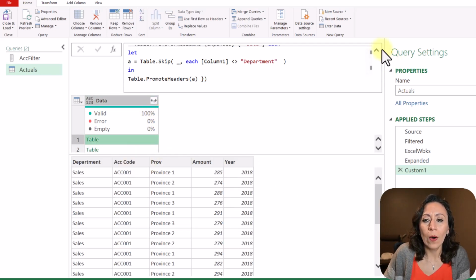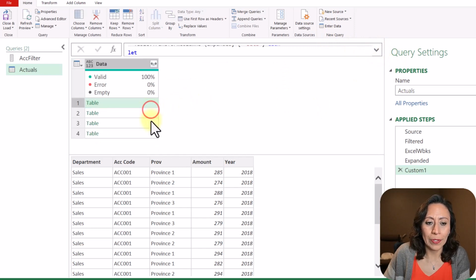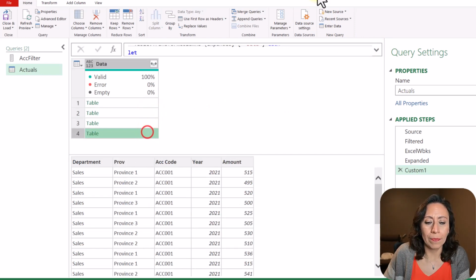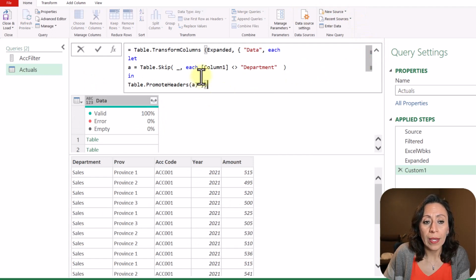Now we have all our tables with the proper headers. You can see. Excellent. Perfect. Can show you the code again. The only thing that I did, I just added a nested let and in. I provided the variable. Once we have that, we have all the column names on the first line, and then what we can do is promote headers.